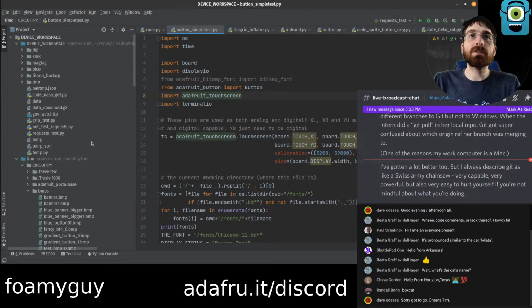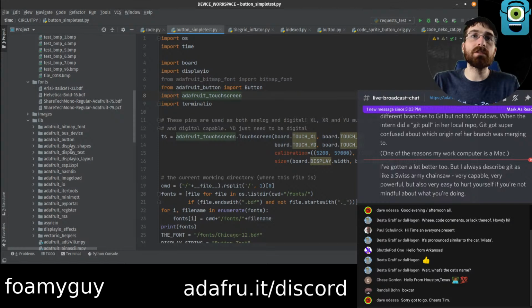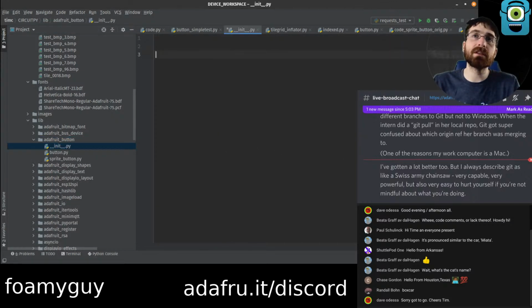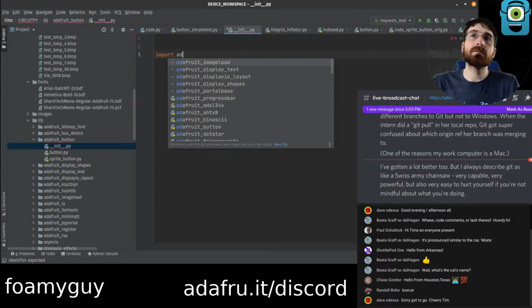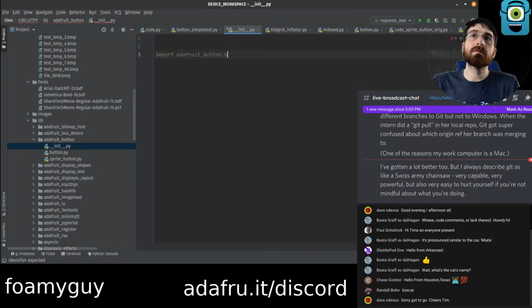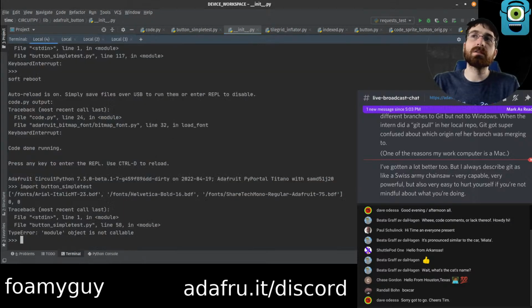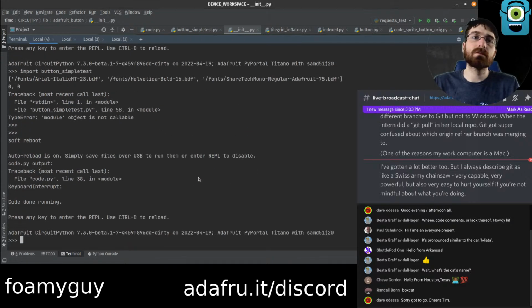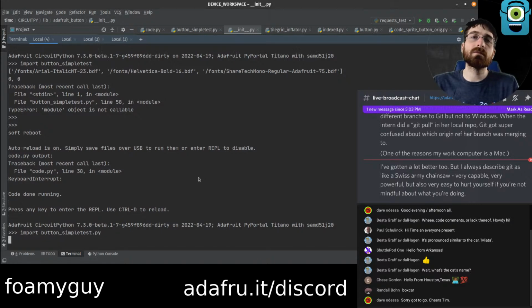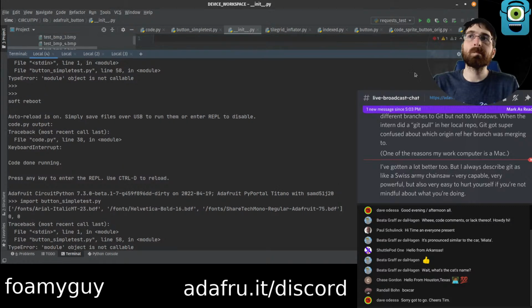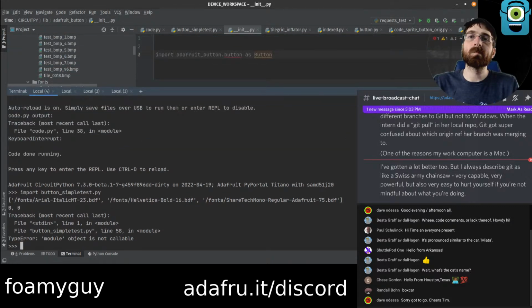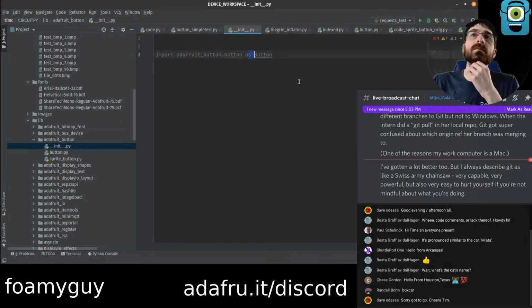So one thing I'm curious about, another slight rabbit hole, if we did something like that, would this code work? No. All right.